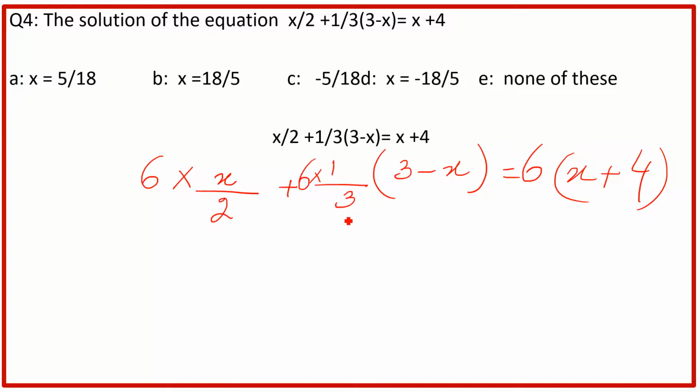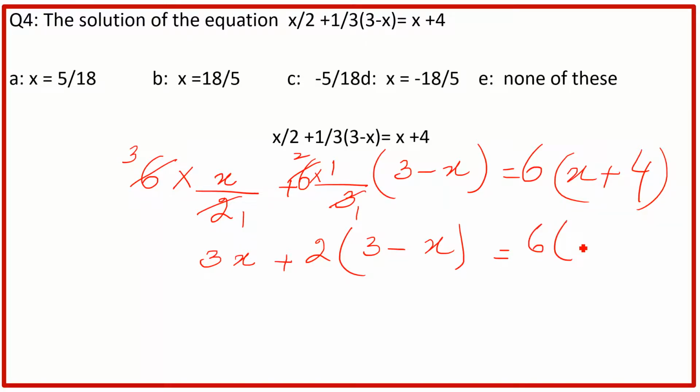So we have 2 and 3 in the denominators. If we divide by 2, 2 three times is 6, and 3 two times is 6. We will get whole numbers, not decimals. And how? Just multiply 2 by 3, which is equal to 6. So 2 one time, 2 three times, 3 one time, 3 two times. So here we have 3x remaining, here we have 2 only. And here, just write it as it is. Now we do not have any fraction.